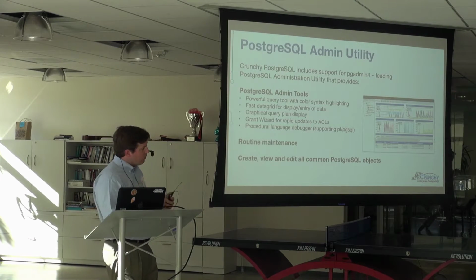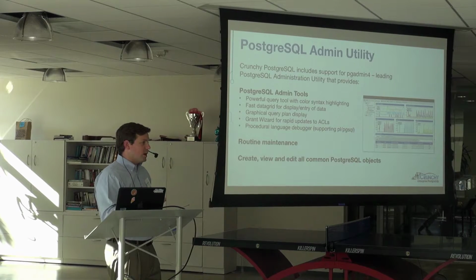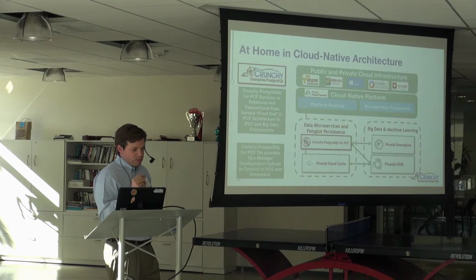And so that all together rounds out a pretty strong, again, out-of-the-box Postgres as a service capability within the cloud native environment. And then we like to think about how do we take that a step further, right? So we've got the